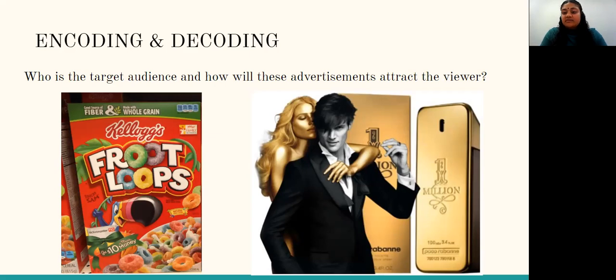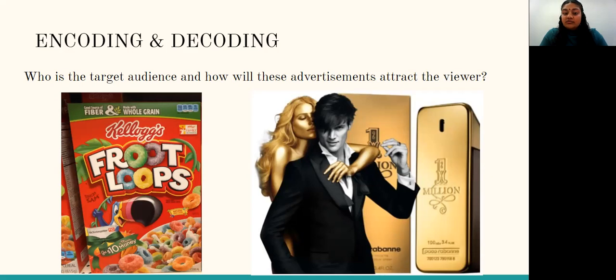I would probably have the learners do this in pairs, where they discuss: okay, this is for kids, it's Fruit Loops, it's colorful, it's got a parrot on it, and we're encoding the message. And then decoding would be like, what are the actual hidden messages? Like, okay, maybe that guy we see on TV, maybe he's famous, or